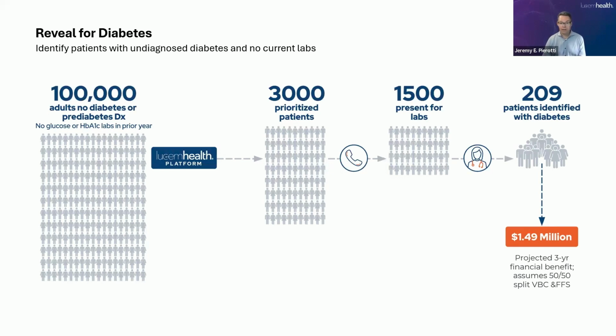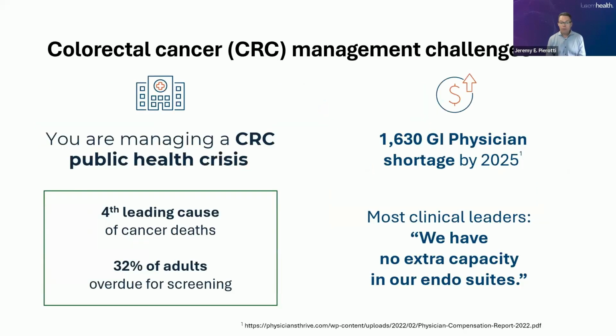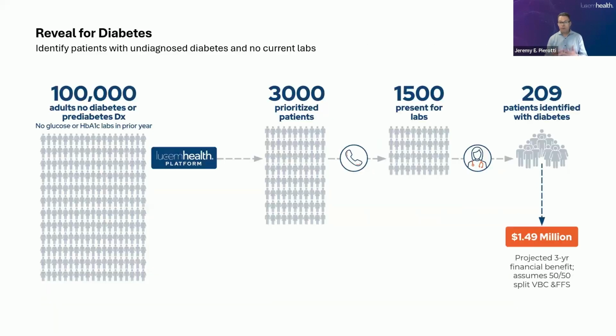We take EHR data, and certainly the more complete the data, the better. So we use EHR data and an innovative AI model that takes existing patient data, risk stratifies patients so that providers can target outreach to those patients who are most likely to present with diabetes, even if it's not charted yet. So if you start with a group of 100,000 patients, you can risk stratify to the top 3%.